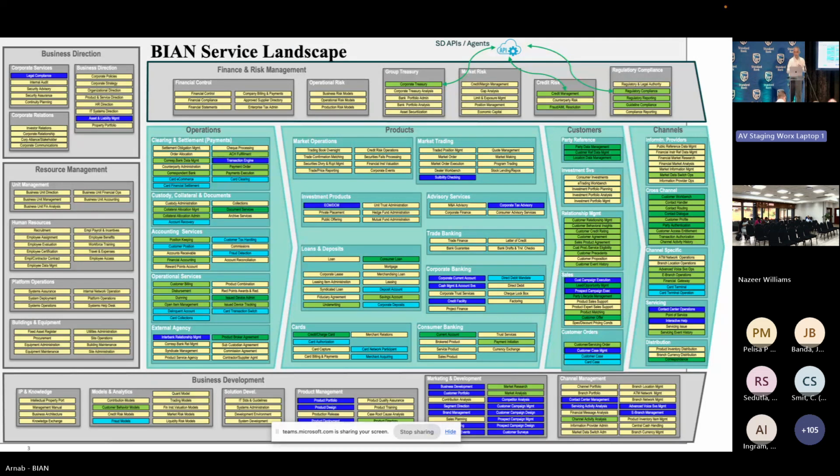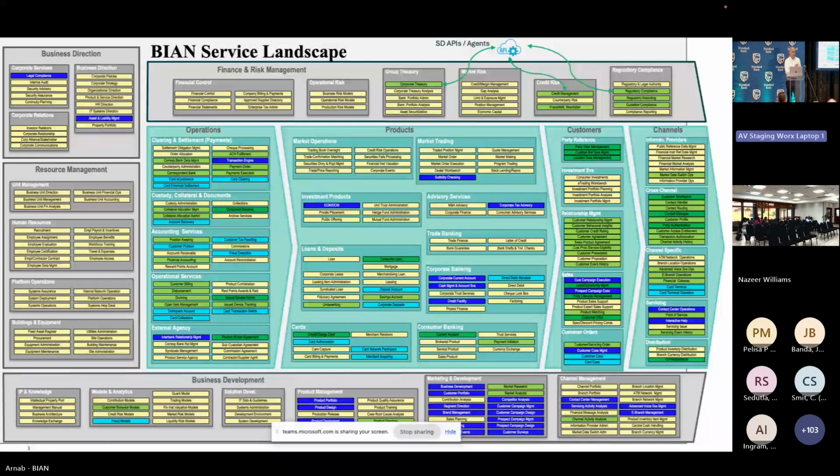Again, we know Bayern has this landscape, and we know the service domains. This is an older version of it. But anyway, the idea here is that we have the service domains, the small reusable building blocks. And for each of these service domains, we have an API spec. We have been publishing API specs for a good few years now, I think since 2018 actually. And the level of detail and the quality of these specs have gone up over time and are still improving. And it will improve even more throughout this year, as Lale and Patrick will show, as we make the Bayern